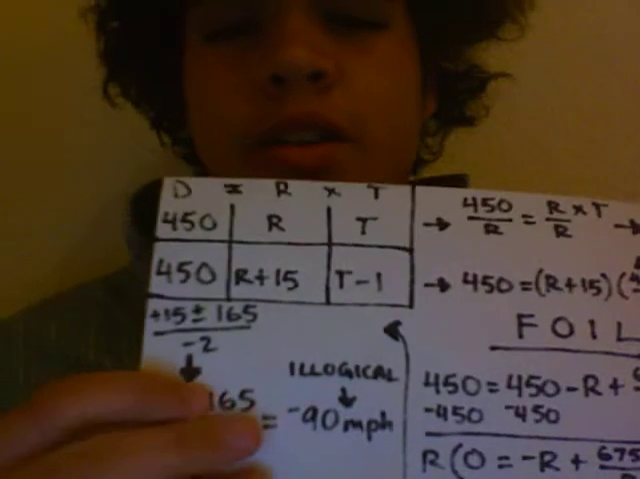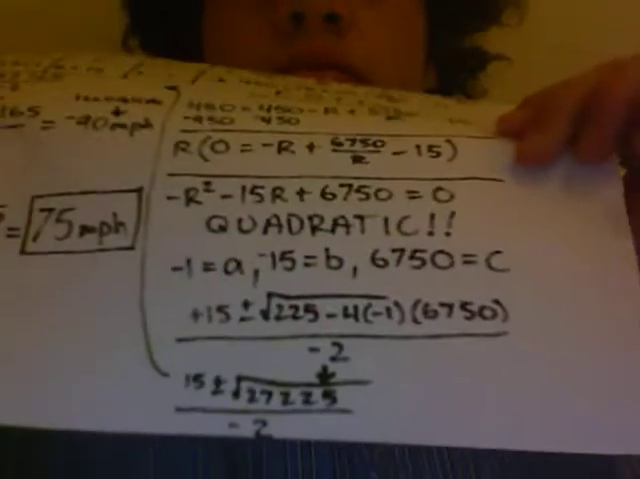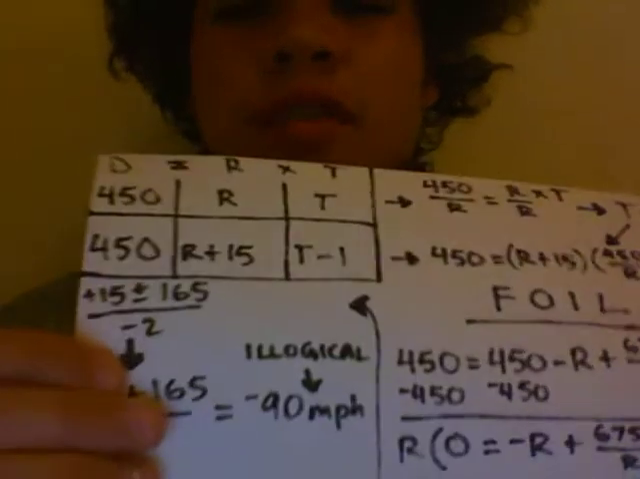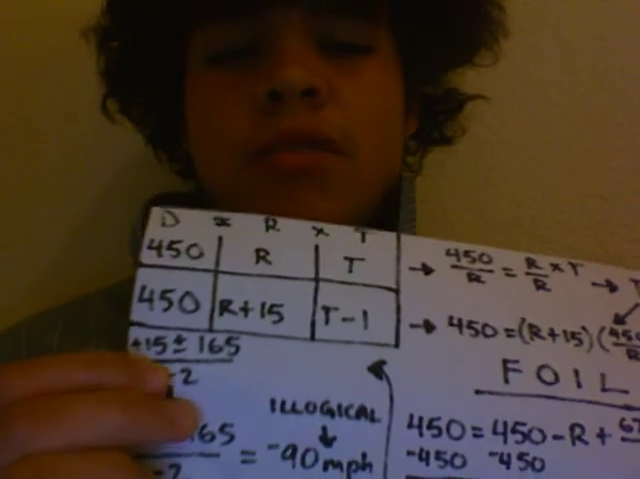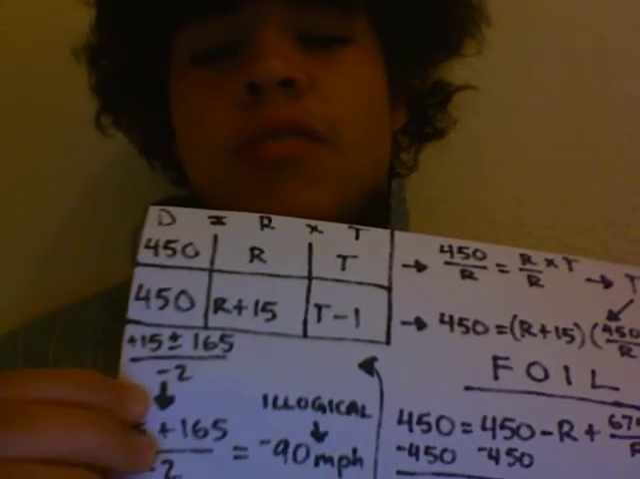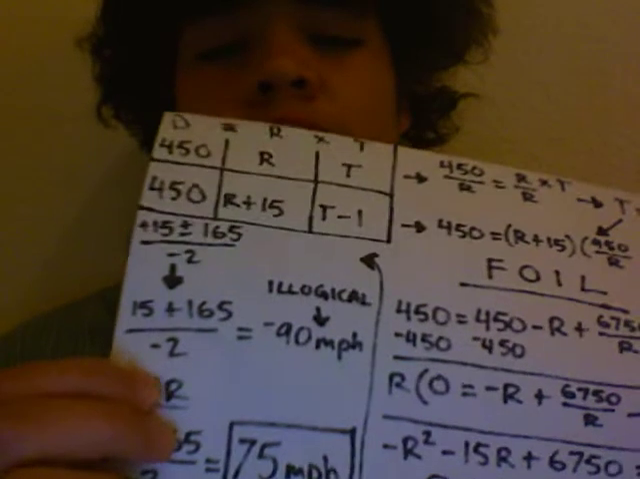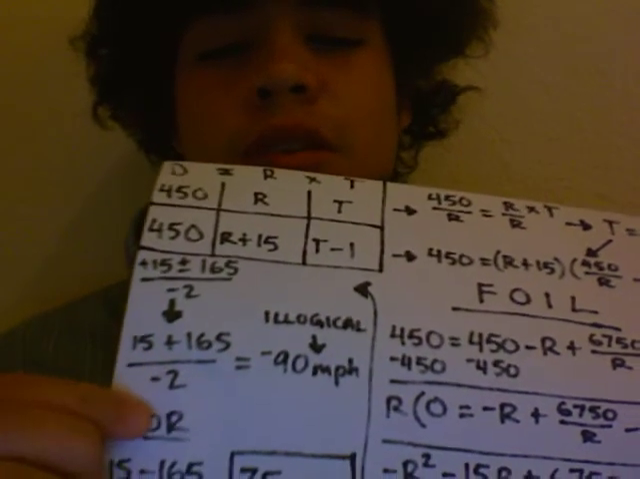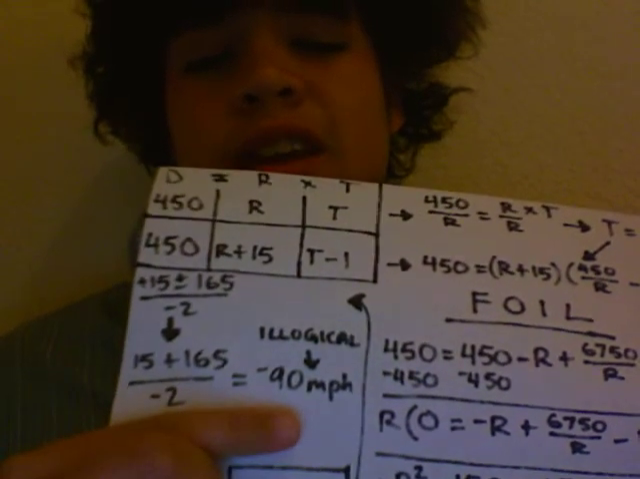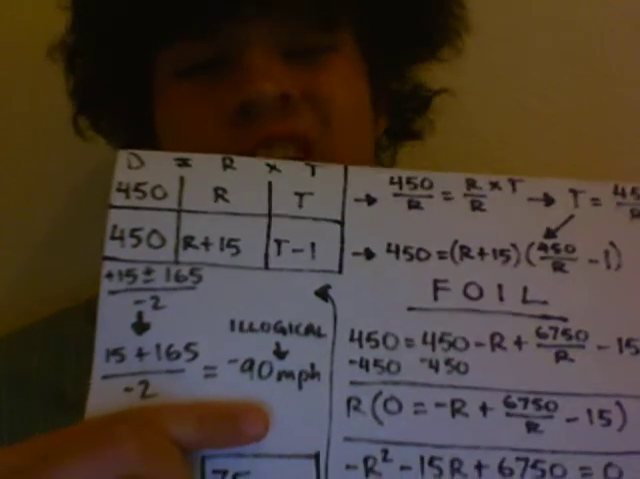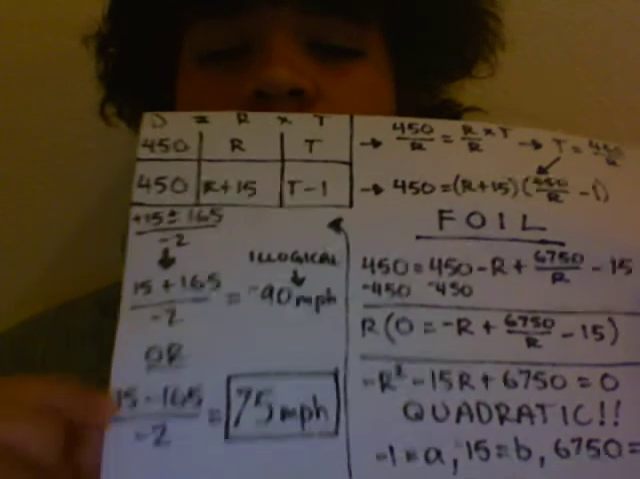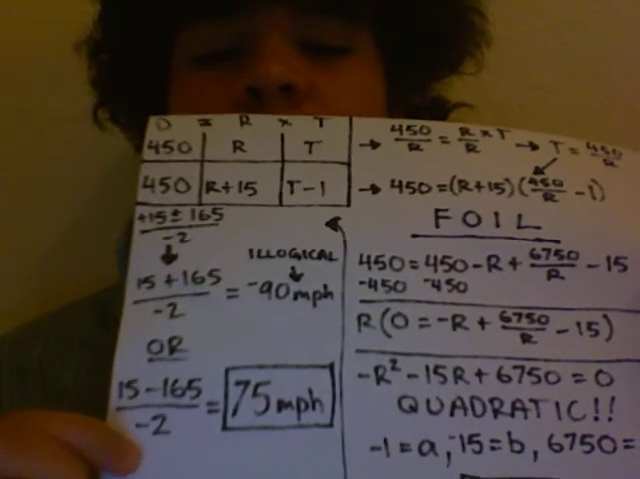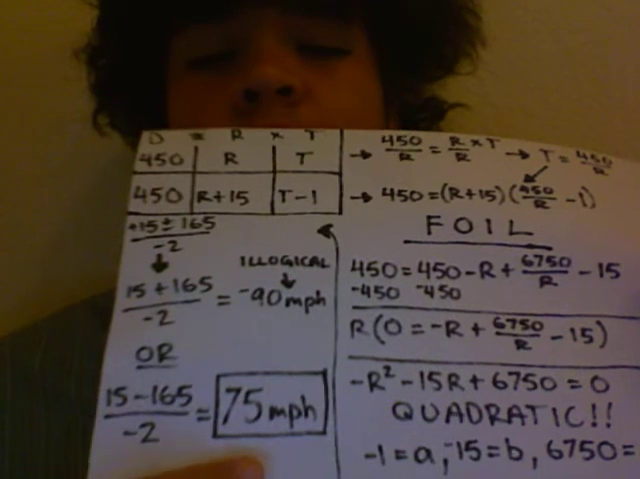So then I'm going to move back up here. It turns out the square root of 27,225 is 165, and so you have positive 15 plus or minus 165 over negative 2, which can be either 15 plus 165 over negative 2, which turns out to be negative 90, which is illogical because you can't go negative 90 miles per hour and get somewhere. Or it can be 15 minus 165 over negative 2, which turns out to be 75 miles per